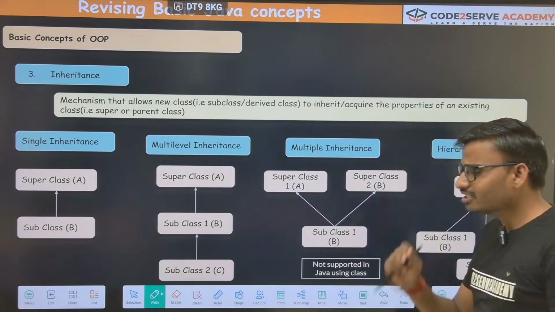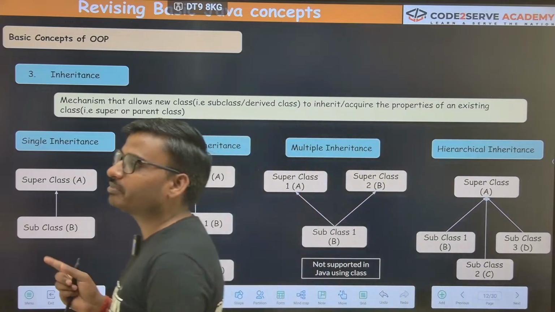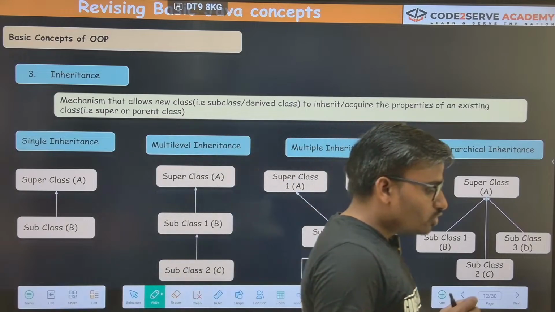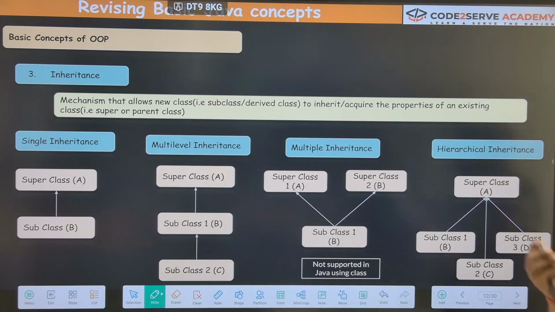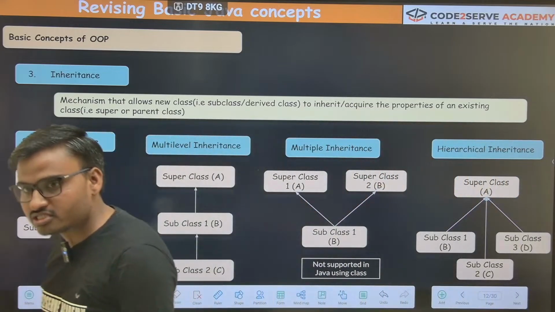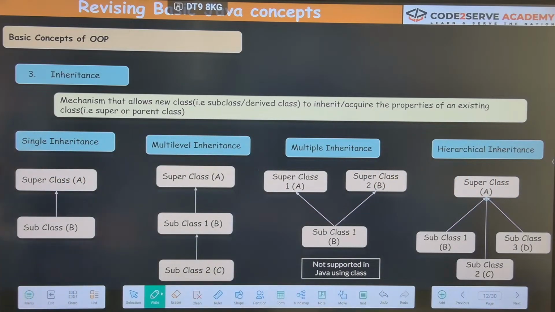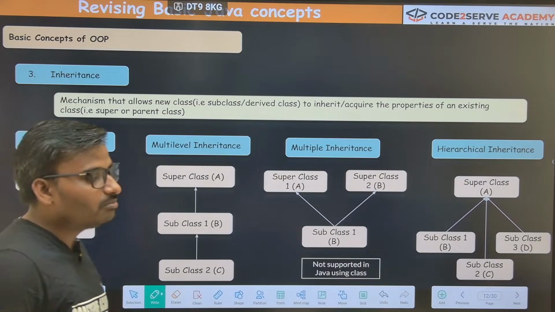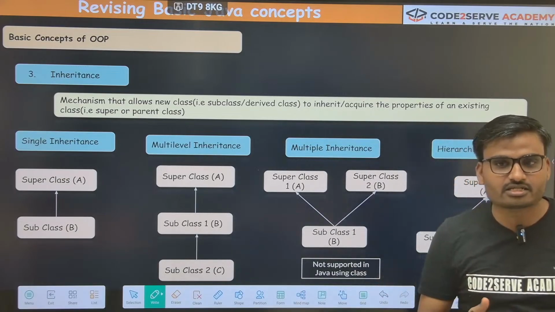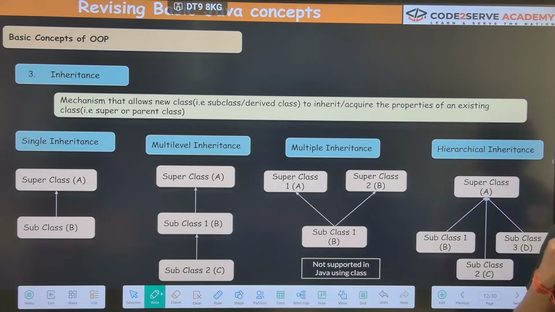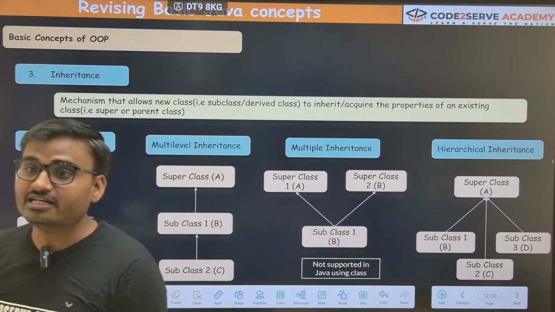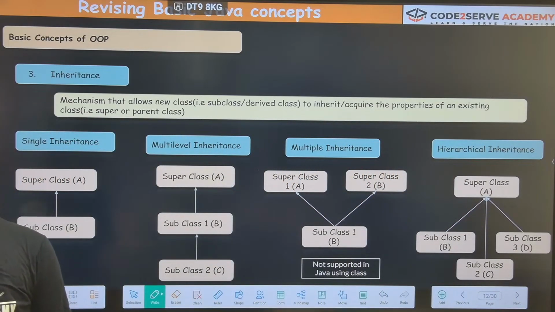Now next, third, this is the most important topic that you have to remember, and you must know what inheritance is. Inheritance is like inheriting the property from your parents. There might be some characteristics or properties, some traits or physical appearance, that might be matching with your parents. So this is basically inheritance. What is inheritance? Inheritance is inheriting the property from the parent.